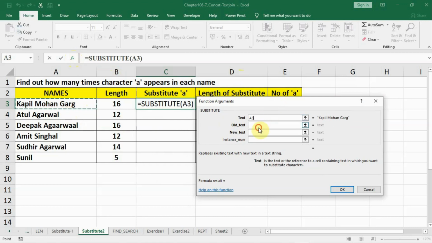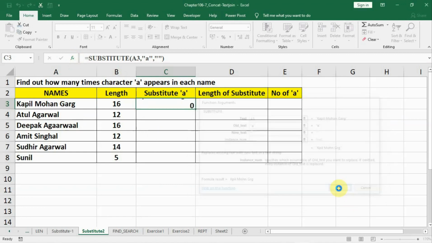Old text means the small a that we have to replace. New text is what we have to replace it by, which is nothing. We put the inverted commas with nothing in between. That means we are replacing it by nothing. Leave the instance blank and we say OK.